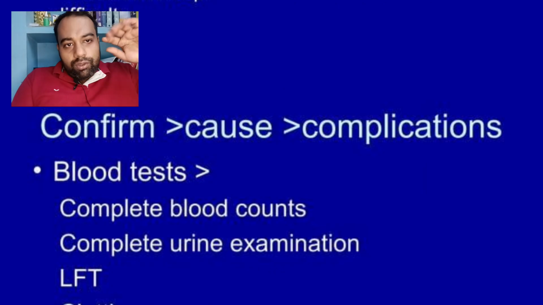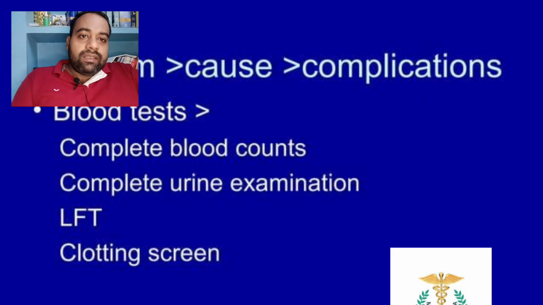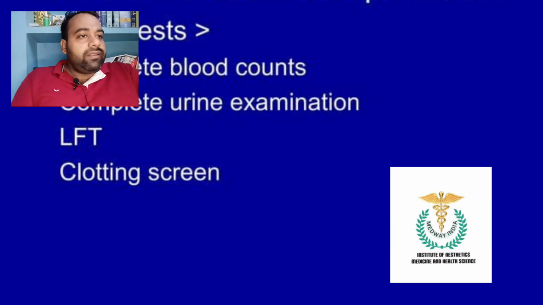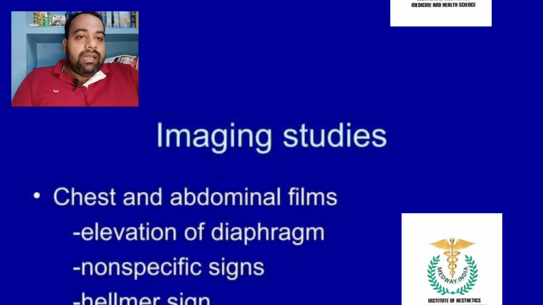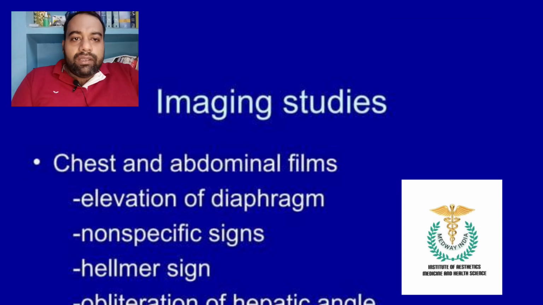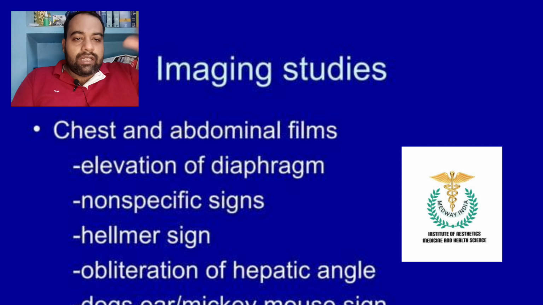So obviously first of all you do need to confirm that, then always try to assess the cause of the ascites, and then you can try to assess what complications are there. Regarding this, obviously the blood tests are there, like the CBC, complete urinary examination, LFT, and clotting factors, which are supposed to be done. Regarding the imaging studies, obviously you have the chest abdominal film, which will eventually show some